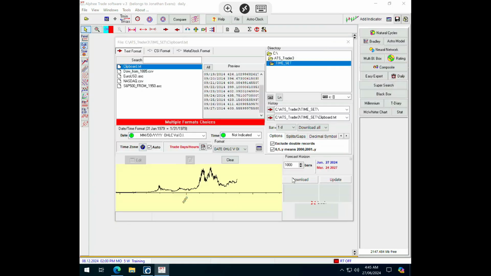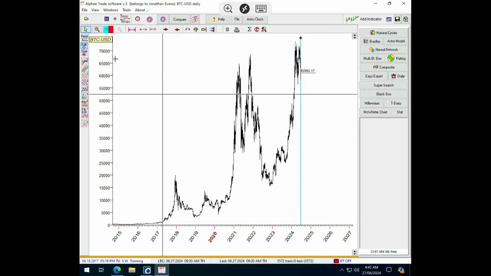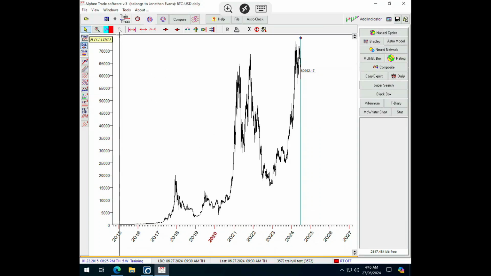Press OK. And this is going to bring in basically all the data, and we've got the date down here, all the data since 2014. Okay, and it goes up to 2024. All right, we're going to calculate now the ephemeris for it. Now here's the key thing. So the Alfie software